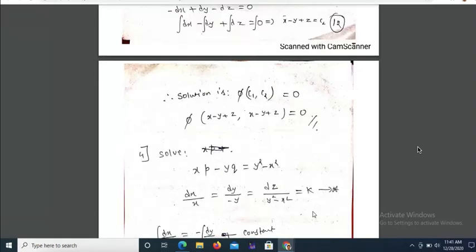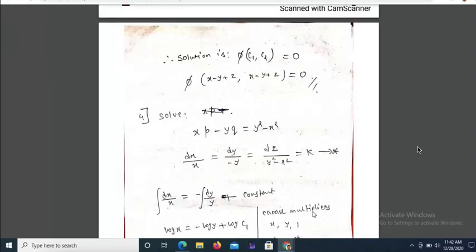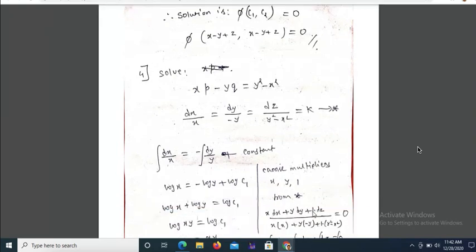Okay, I think no doubt, no questions. The doubt here comes with multipliers. Choosing the multipliers is very important here. That depends on practice. I'm not saying only my notes will come in the exam. So you have to choose other notes, other classes' notes. You collect them and work them out. So that's better.